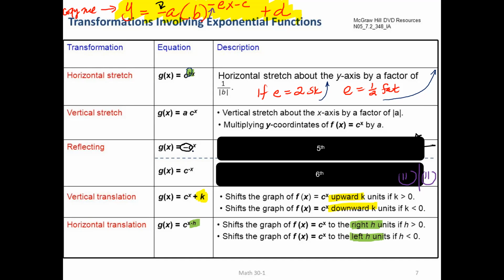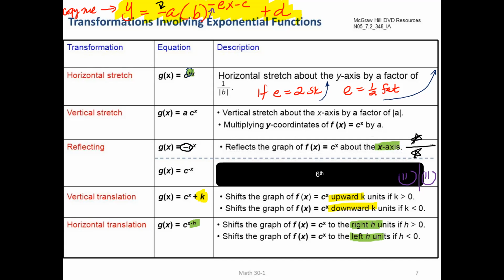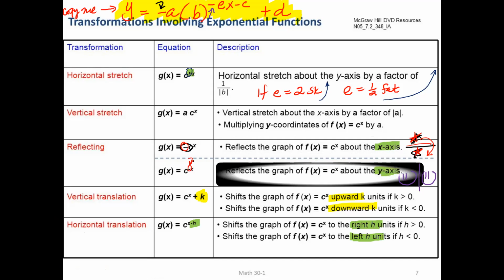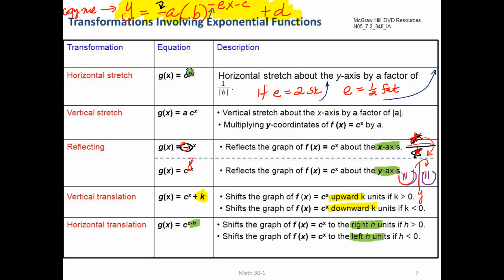If there is a negative in front of the C, what that means is that it is going to be flipped about the x-axis. So if you, for example, have a star right here, and that's your graph, you just flip it over the x-axis and it's going to be on the bottom. And that's if there's a negative. If the negative is with the exponent right there, like with the x, it's going to be reflected about the y-axis. So if you have a happy face here, here's the y-axis, you just flip that happy face